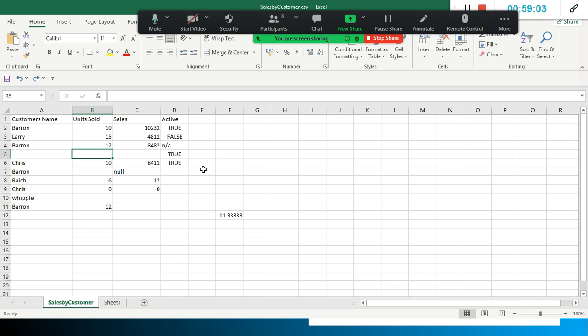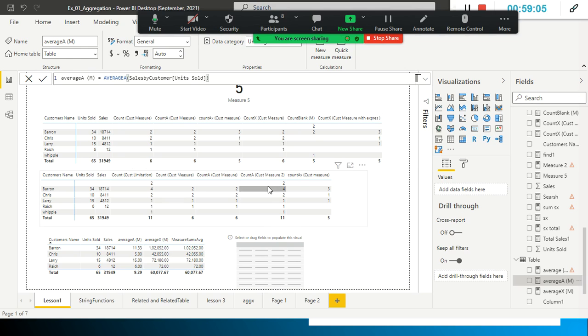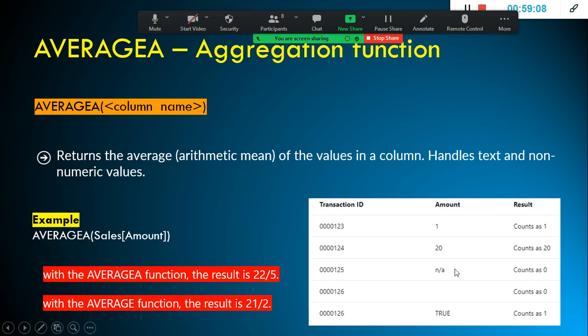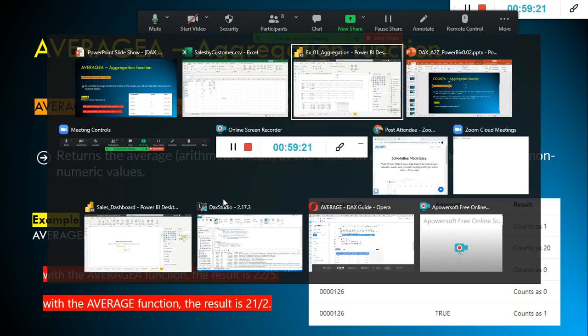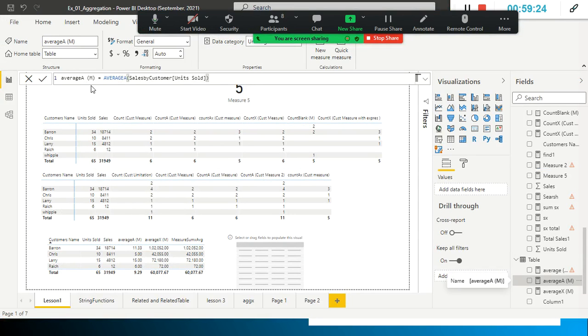Ideally, according to this guy, if anything is blank it should consider 0, so it should consider 0 and 0 and 0, so overall 11, right? But what value we are getting here is AVERAGEA. I'm getting something like, okay, it goes by record because it applied the filter context. Overall 9.29, and 11.33.